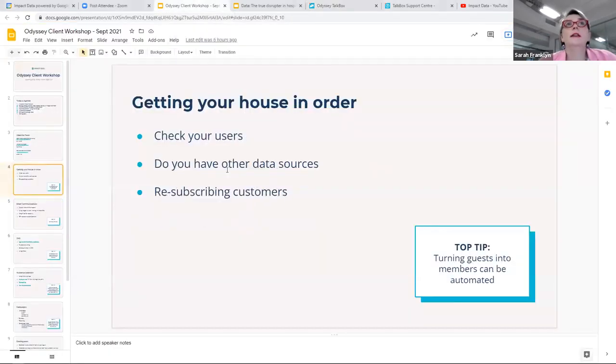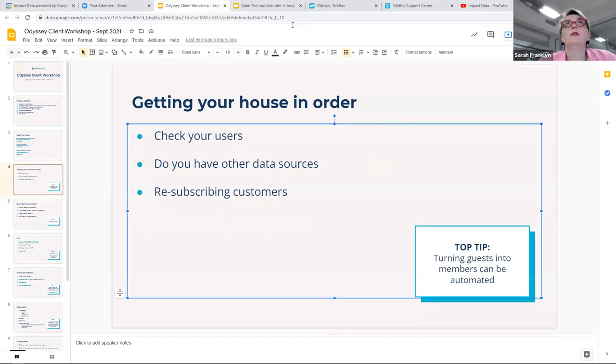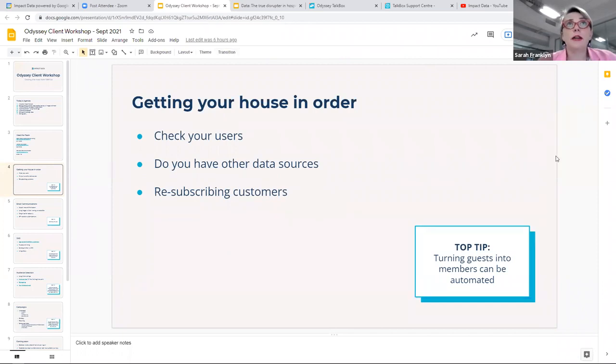The next one is, do you have other data sources? So does anyone, if they want to pop in the chat, have data other than membership? What I mean by that is your reservation platform. It could be that you've introduced Mr Yum, order at table, or something like that. If you have that sort of data, it's really, really valuable, but it can't go into your Odessey account, because as you know, the only data that goes into your account is your Odessey membership. So if you need another account to put that data in, let us know. And we call that a guest account.